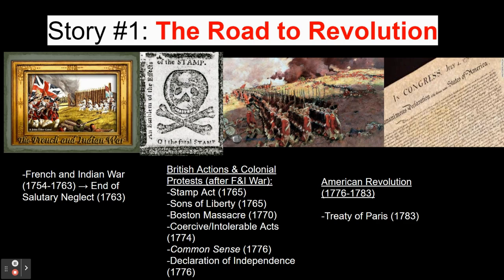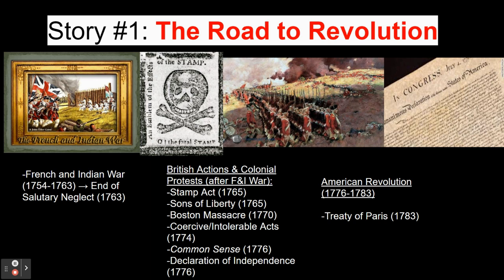The best example of this is the Stamp Act, which was passed in 1765 and was the first direct tax on the colonies. The Stamp Act and then later the Townshend Acts, which was an indirect tax on certain colonial goods, became a major source of tension that was going to continually build towards the American Revolution. Now, this caused the American Revolution not only because it was an economic burden for some of the colonists, but because there were larger principles of self-government at stake. Many colonists found that the British taxes were oppressive because the colonists didn't have much say in the British government as a whole. Hence the very important and famous slogan, no taxation without representation.